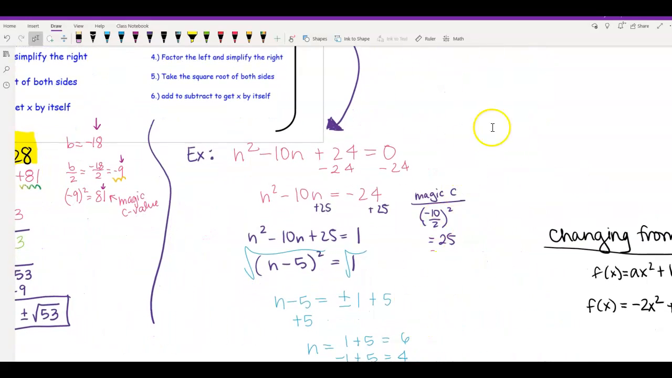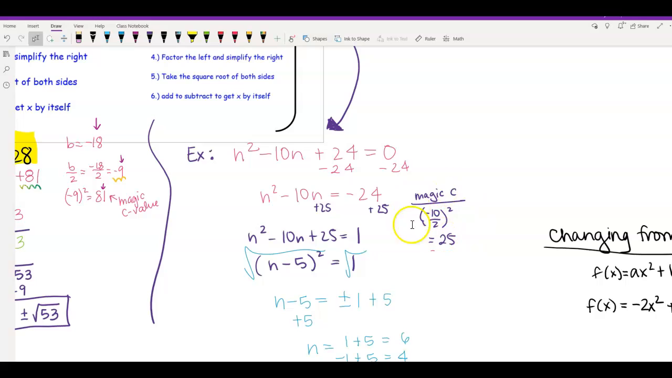Remember, this one is equal to 0. So the first thing I need to do is get this 24 over here so that I can do my completing the square. So I'm going to subtract 24 on both sides, and now I have n squared minus 10n equals negative 24. That's definitely what I want so that I can complete my square on this side. So then I got to go through and find that